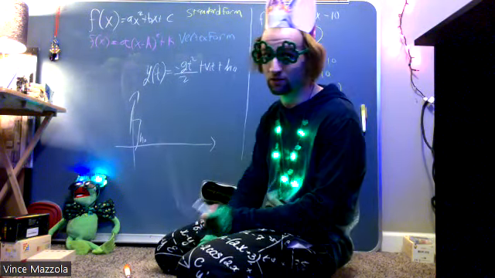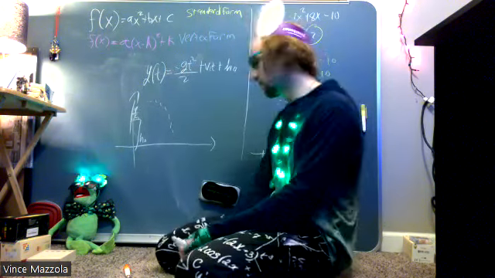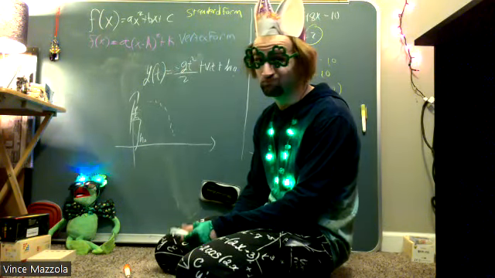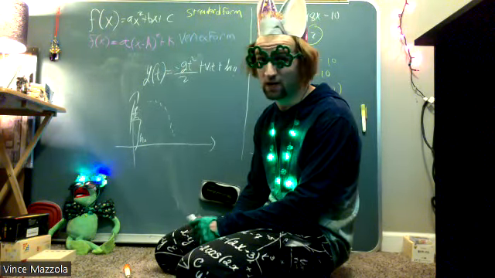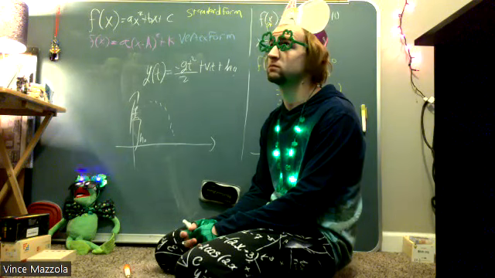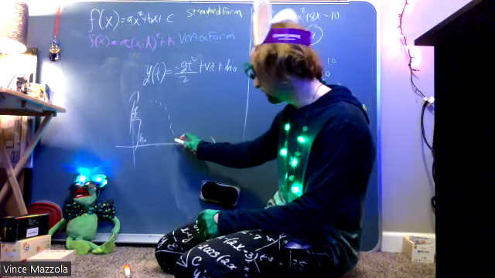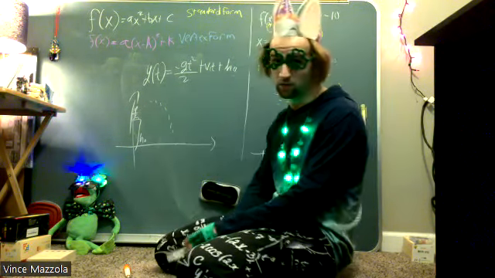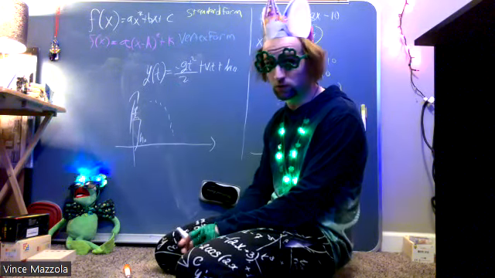Anyway, let's say you're just chilling with your friend on a cliff, right? And you want to throw some sort of baseball, and we want to see how long it's going to be in the air or when it's going to be hitting its max. When it's going to hit its max, you could just use the axis of symmetry, right? And whenever you're figuring out where it's going to be hitting the ground, you have to set this equal to 0 into the quadratic formula. So I guess your question 2 would be,